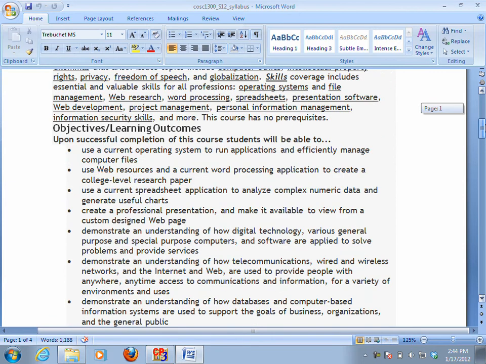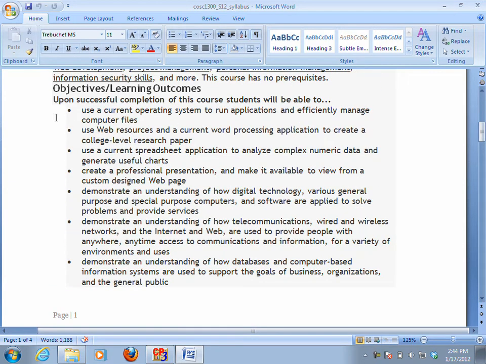Okay, the objectives. Use a current operating system to run applications and efficiently manage computer files. Use web resources and a current word processing application to create a college-level research paper. Use a spreadsheet application to analyze complex numeric data and generate useful charts. Generate a professional presentation. Demonstrate an understanding of how digital technology, various general purpose and special purpose computers and software are applied to solve problems. Demonstrate an understanding of telecommunications, wired and unwired. Demonstrate an understanding of how databases,